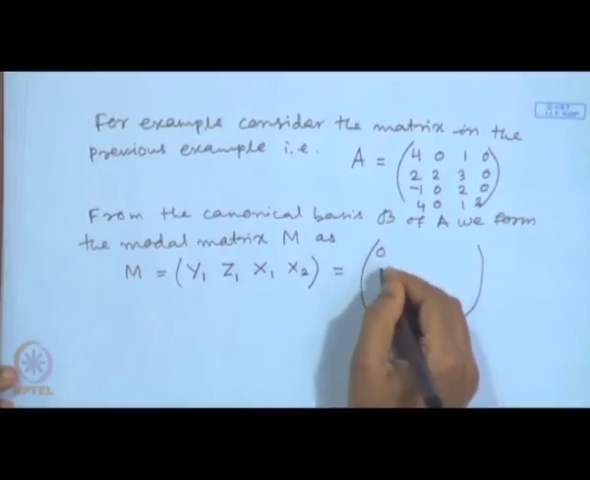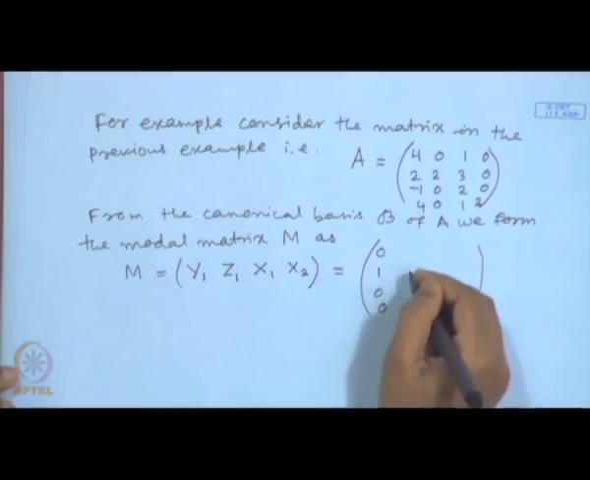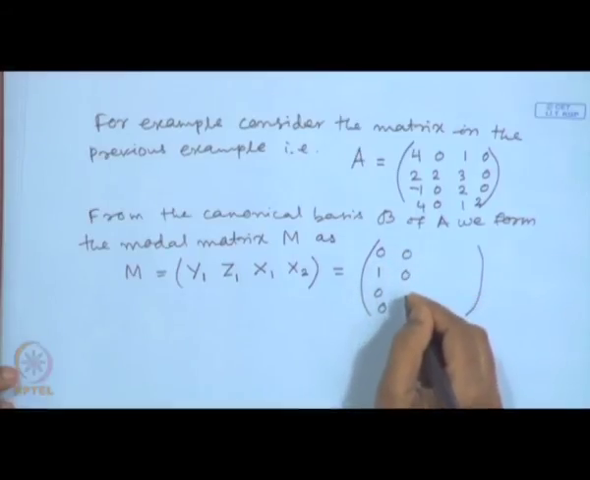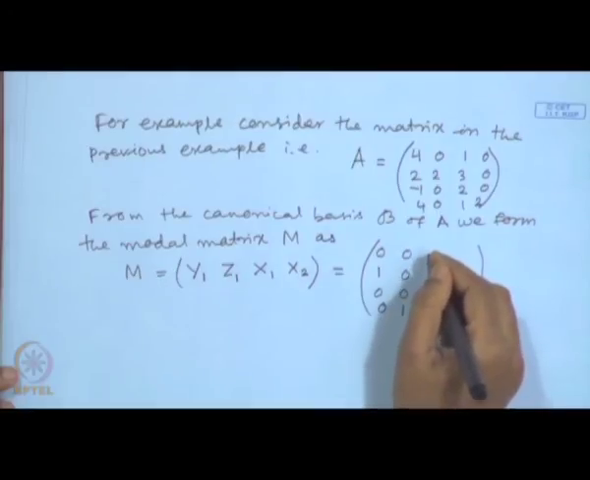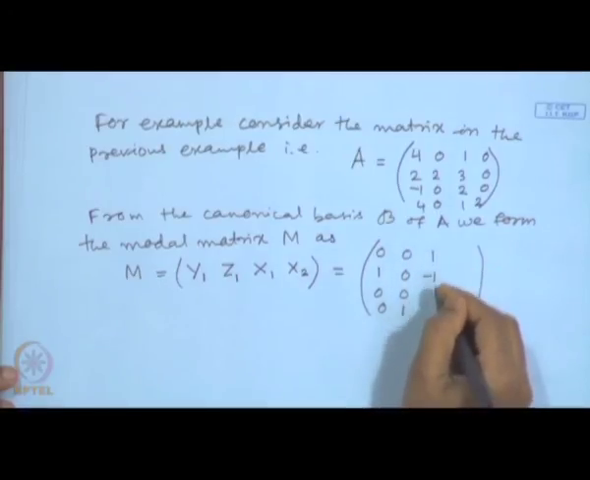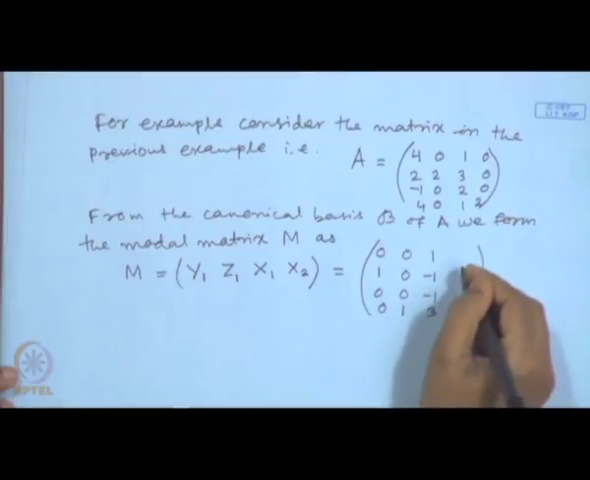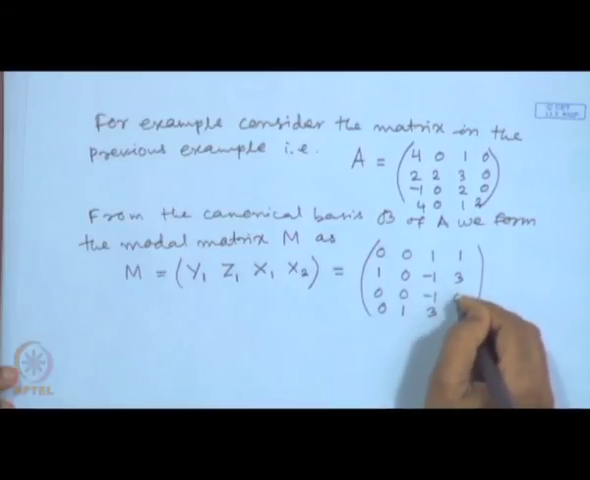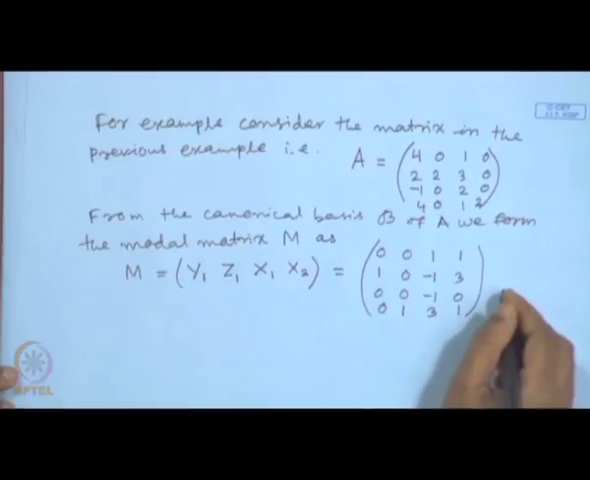y1 we have taken as 0 1 0 0, z1 we have taken as 0 0 0 1, and x1 is 1 minus 1 minus 1 3, and x2 is 1 3 0 1. So, now one can check that